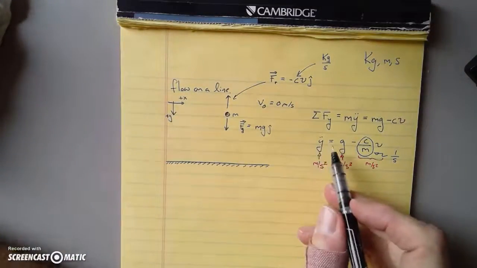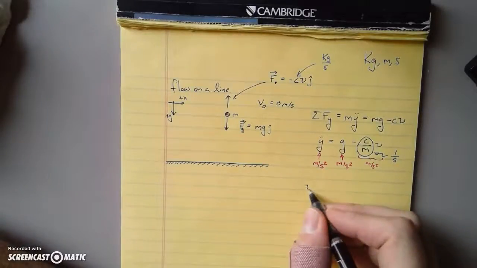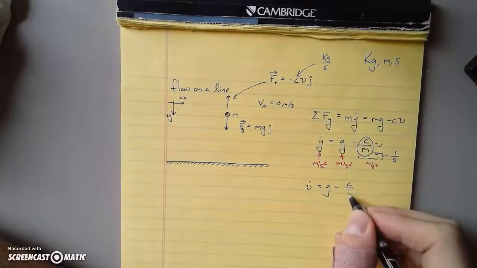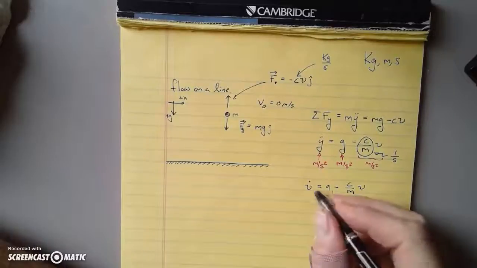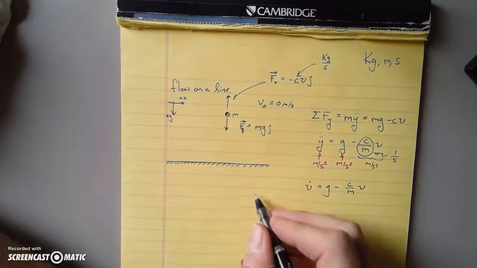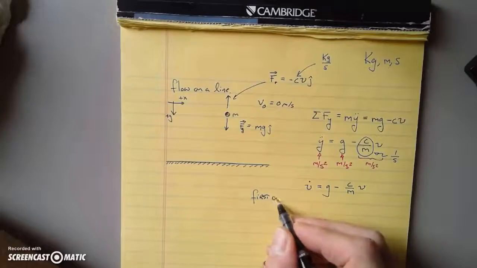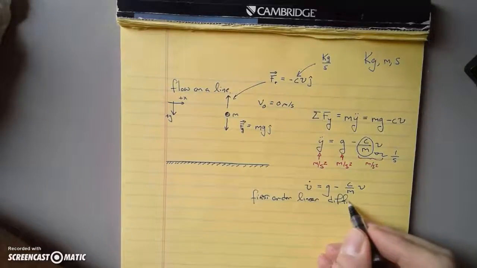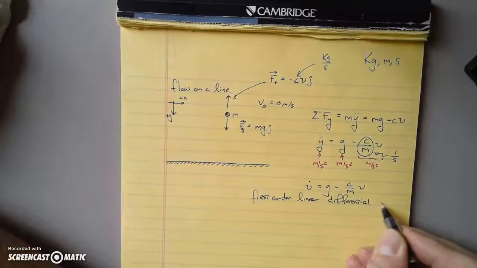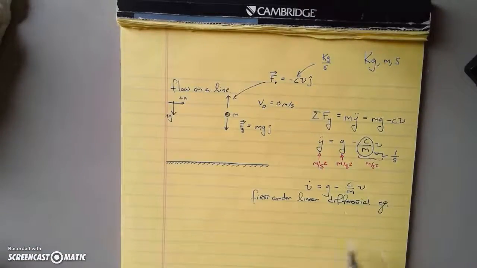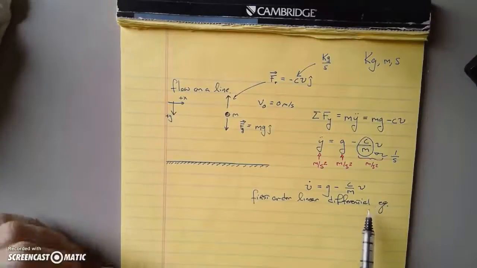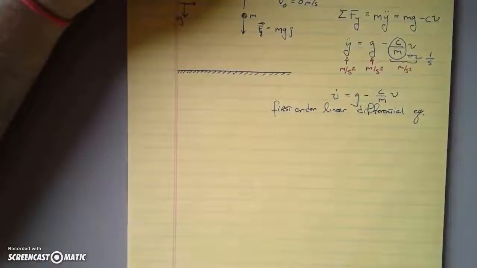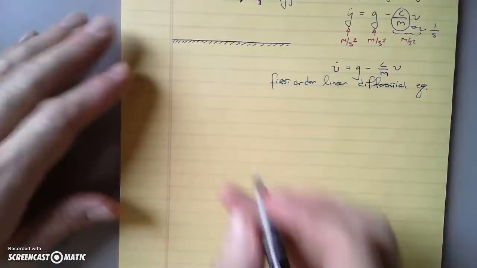Now this looks like a second order equation, but we can rewrite it. Y double dot is V dot, g minus c over m v. So now we have a first order linear differential equation. Right? It's first order linear differential equation. And because there's no explicit dependence on time, we can graph this like we did in class today. Let me adjust my camera. All right, so